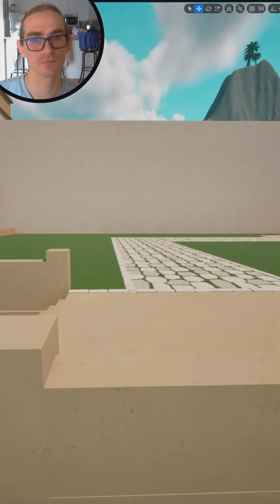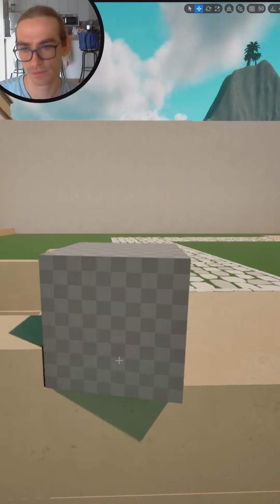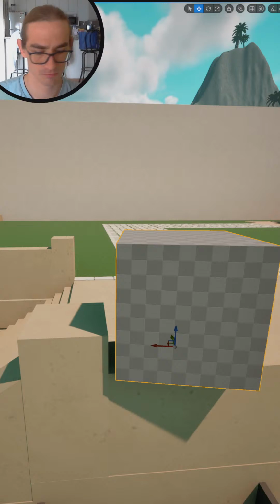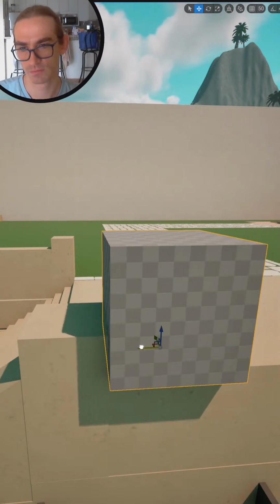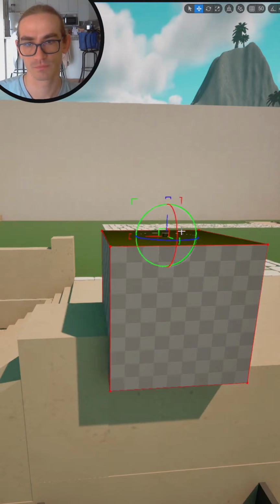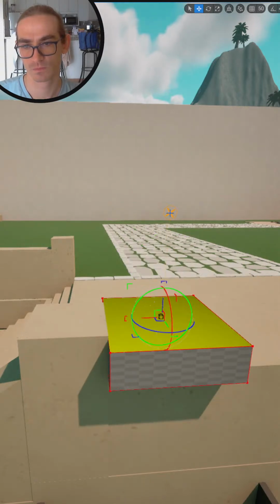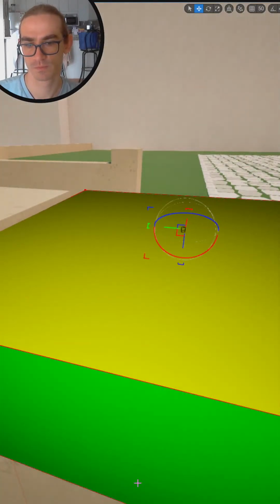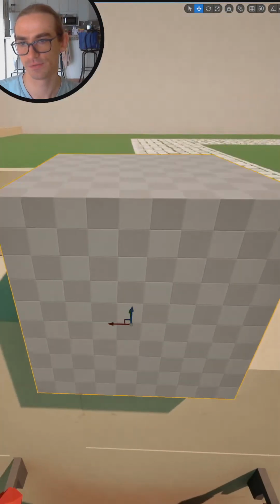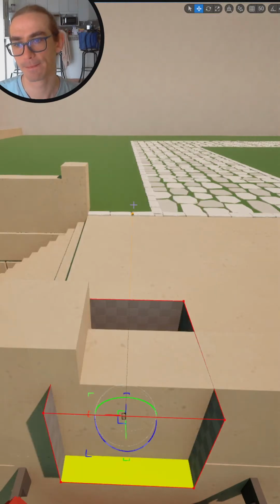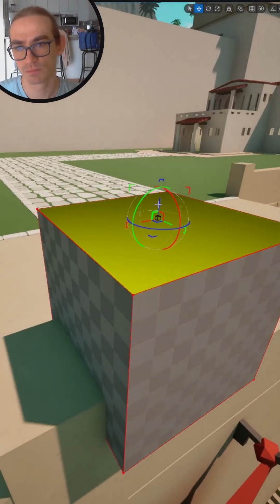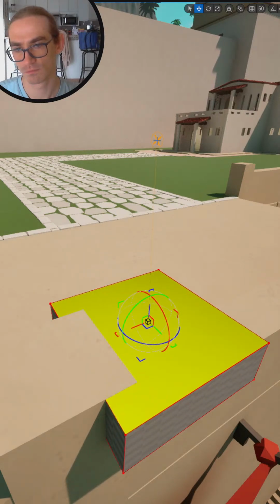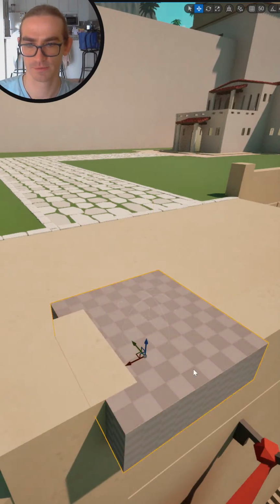Maybe one way to know how tall this is going to be is making a little cube just to see how tall. Okay, let's say it's that height. So